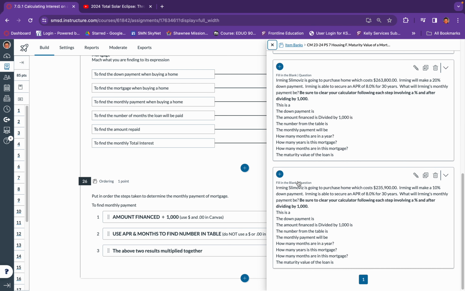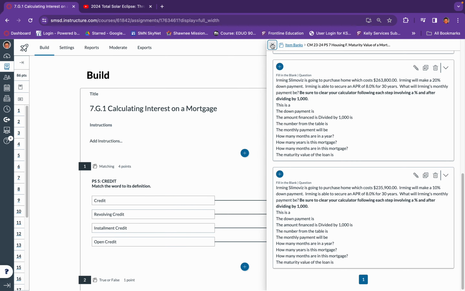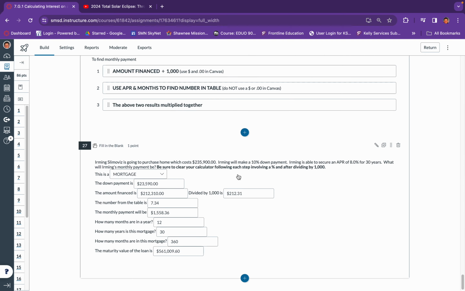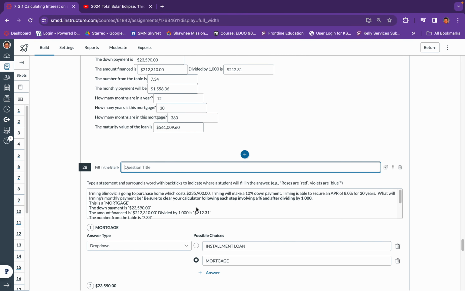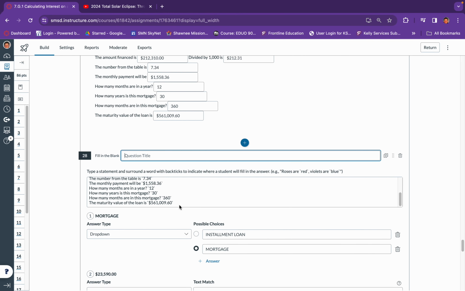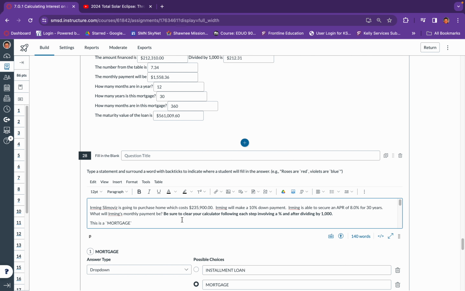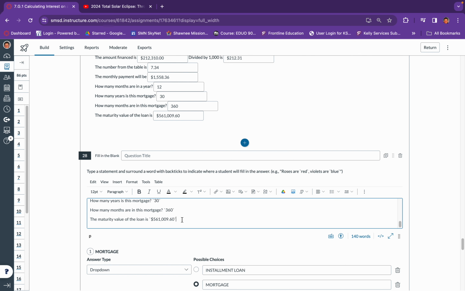and I'm going to select a problem. And now that I've selected that problem, I'm going to copy it because there's more things that I want to put on here than this. So I'm going to copy it. And I want this exact same question, except I want to add one more question to it. And the question I want to ask is,